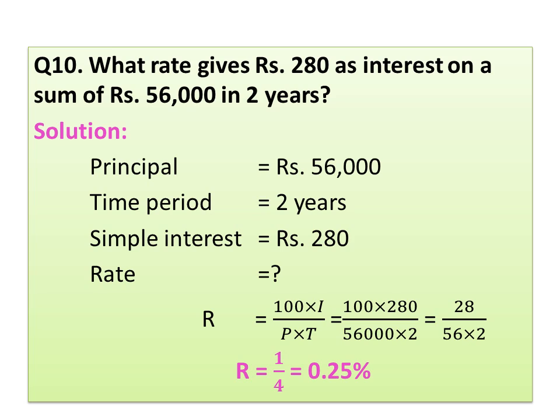So the rate of interest we got is 0.25%. Listen children, the three things are given. The fourth one we can find out by using this type of equation. R is equal to 100 into simple interest upon P multiplied by time period. So all the other three terms are given, so we can easily find out the rate of interest by using this equation. Okay, I hope you have understood this method also.